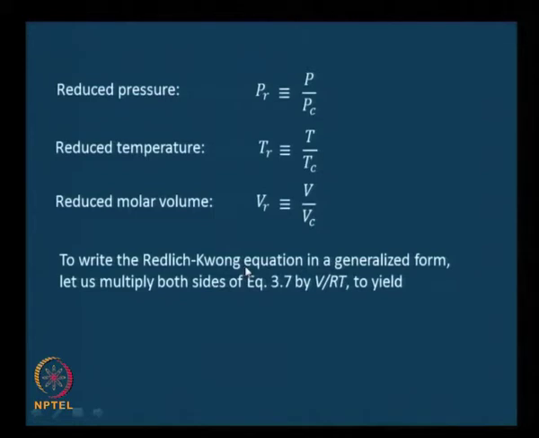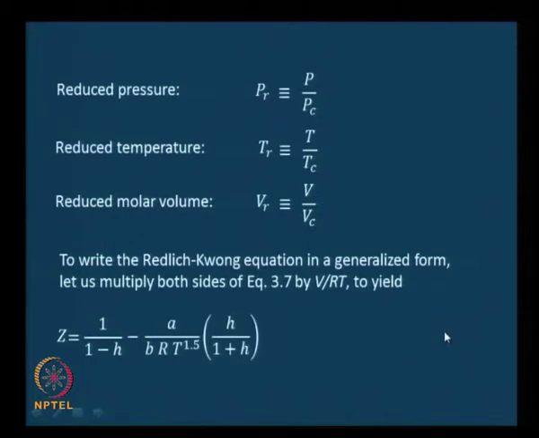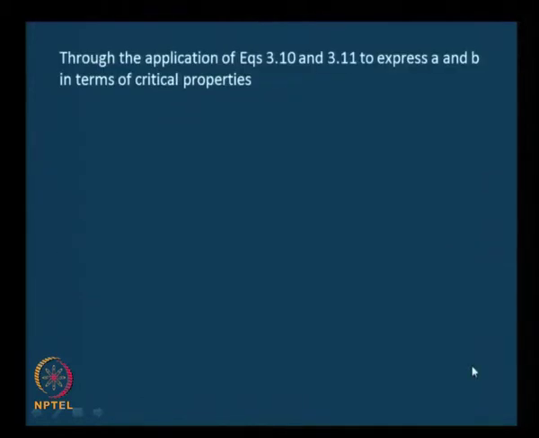And to write the Redlich-Kwong equation in a generalized form, we did some manipulations to get it of this form. Z equals 1 by (1 minus h) minus A by (B RT power 1.5) into h by (1 plus h), where h was just a convenient combination, B by V, which can also be written as BP by ZRT. And then we could express A and B in terms of the critical constants that we have already seen earlier, and therefore if you substitute those expressions here for A and B, which we had already seen,